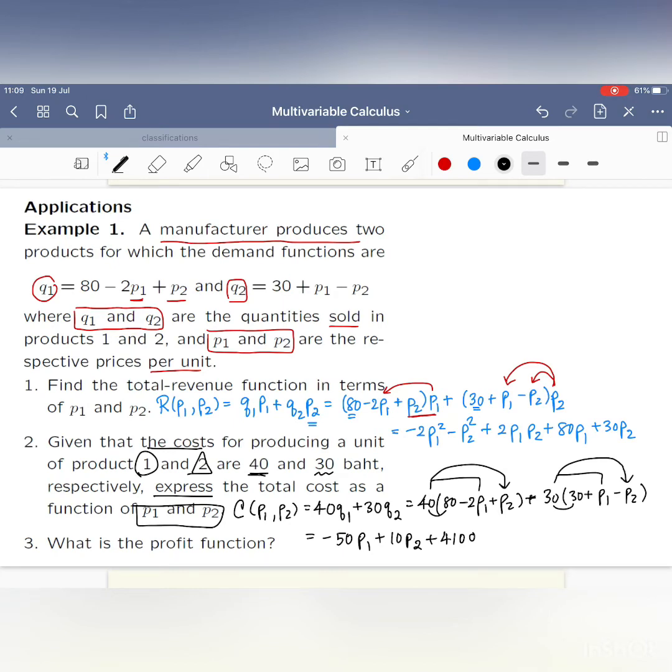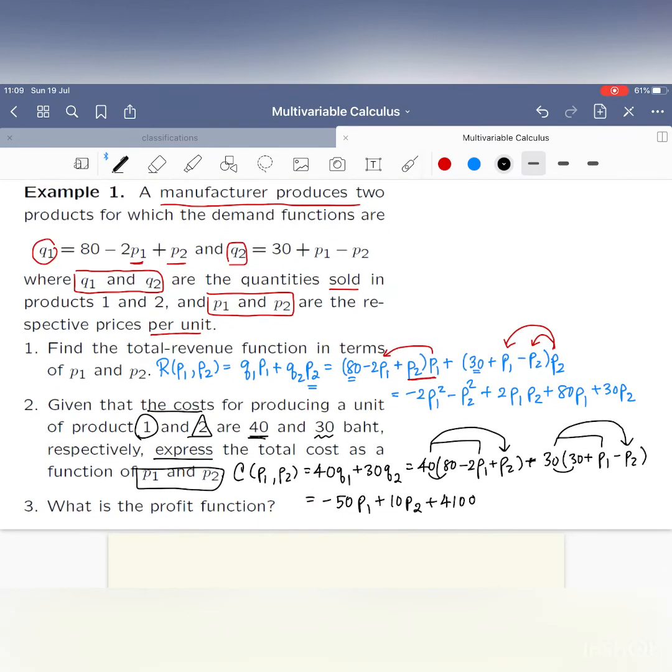Okay, so as you have your revenue and the cost, you of course can find the profit. What will be your profit? The profit, which depends on the first price and the second price, is of course the revenue minus the cost. So from the revenue, you have negative 2 P1 square, negative P2 square, and plus 2 P1 P2,